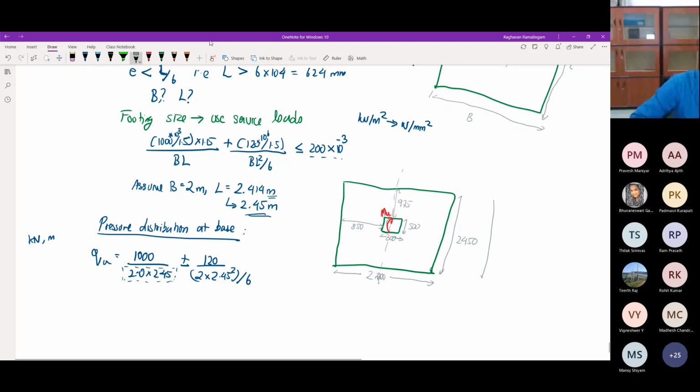So you know from your beams that if you have a beam like this and you have a moment acting this way, then this part will be under compression, this part will be under tension. Okay, the same thing. So this side will have greater compression, so it will add on to the P which is supplied. On this side it is under tension, and you'll have to subtract from P whatever pressure is caused by the moment. So that's why it's a plus or minus.